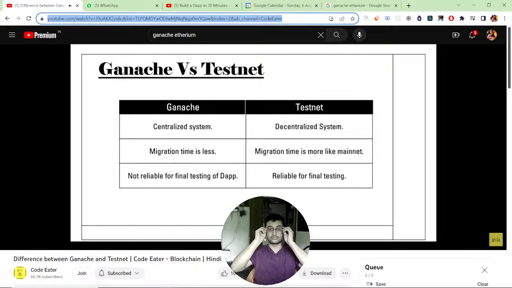क्योंकि गैनाश क्या है? ये एक लोकल चीज है, ये हमारी मेन नेट की सिमुलेशन नहीं है, जबकि टेस्टनेट में ऐसा नहीं है। जैसे कि मैंने बोला टेस्टनेट क्या है? ये हमारा एक तरह से टेस्ट नेटवर्क है जो कि मेन नेट पे ही बना है। मतलब जिस तरह से मेन नेटवर्क वर्क करता है, उसी तरह से हमारा टेस्ट नेटवर्क भी वर्क करता है। तो अगर आपको रिलायबल टेस्टिंग करनी है, एक तरह से मैं कहूंगा फाइनल टेस्टिंग करनी है अपनी डिसेंट्रलाइज्ड एप्लीकेशन की, तो आपको टेस्टनेट पे जाना चाहिए,